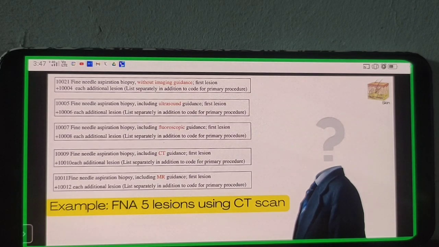Ma'am, key terms are lesions, the number of lesions. In Integumentary, the key terms are the number of lesions, ma'am, as in respiratory and